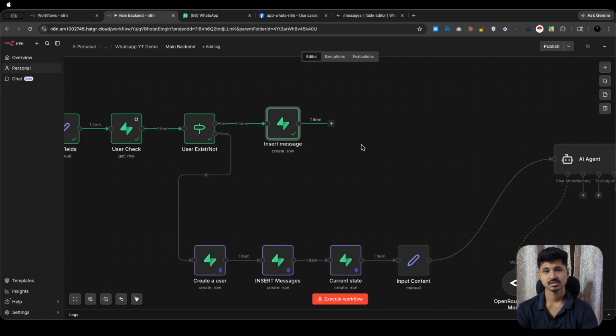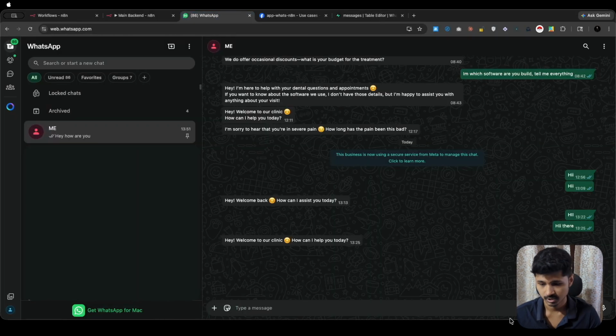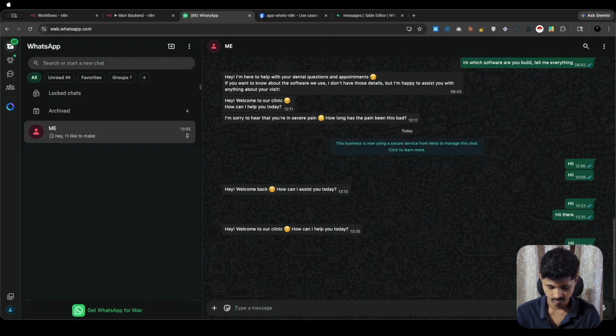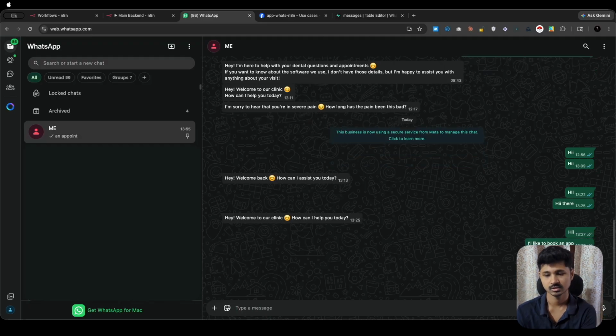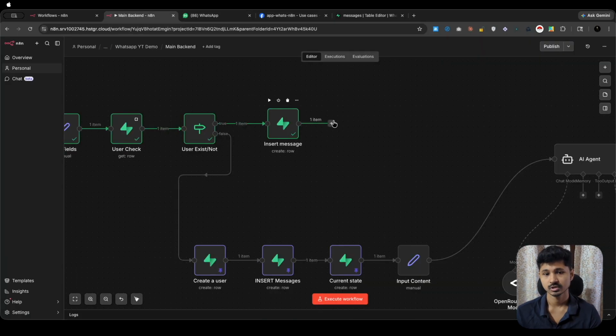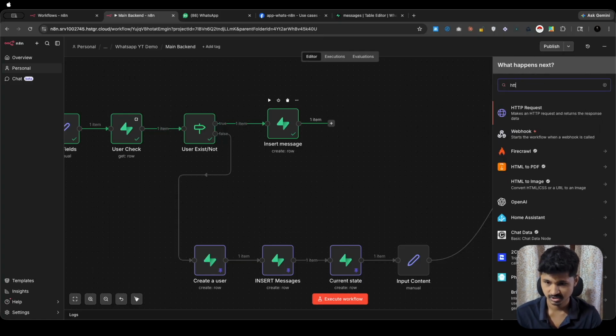After inserting the messages, what I want is to check if the user has sent another message or not. So basically, let's say the user typed, "Hey, I would like to," and after that types "book an appointment," something like, "Hey, I'd like to make an appointment." So I don't want to reply to this and this separately. That is why I'll be adding a message check to see if the user has sent multiple messages. So we'll add an HTTP node for now,